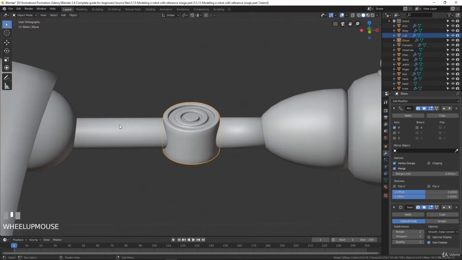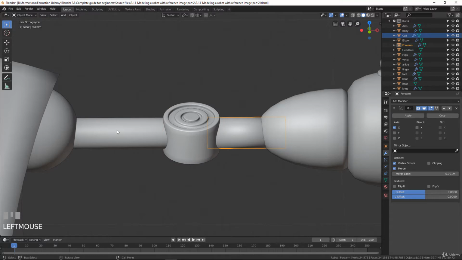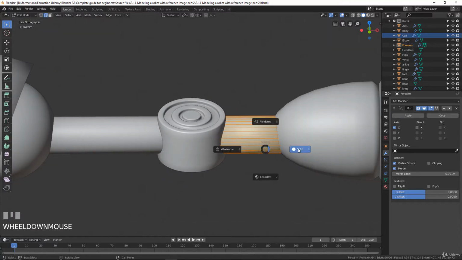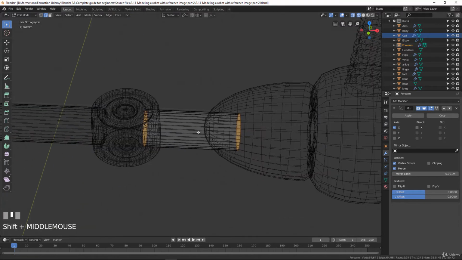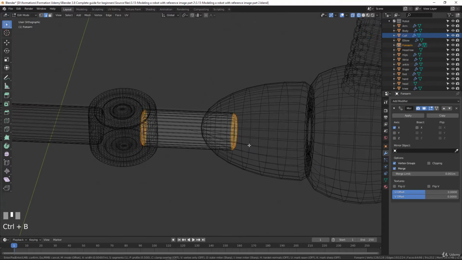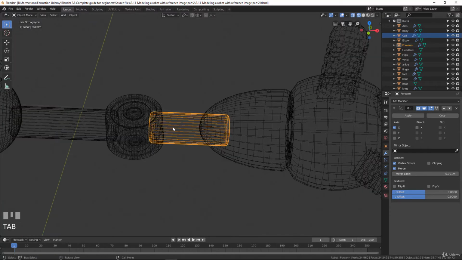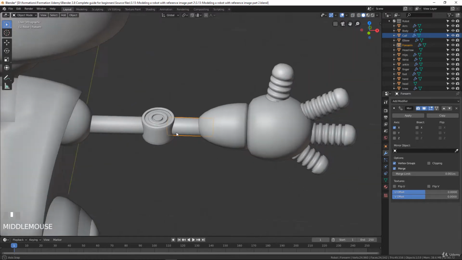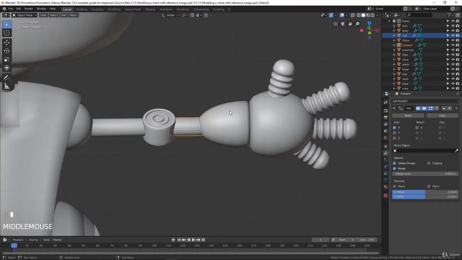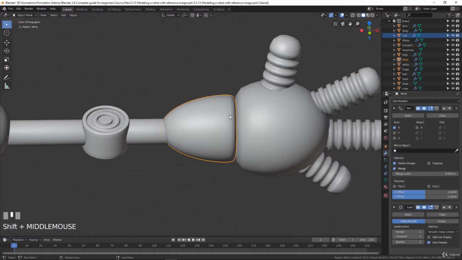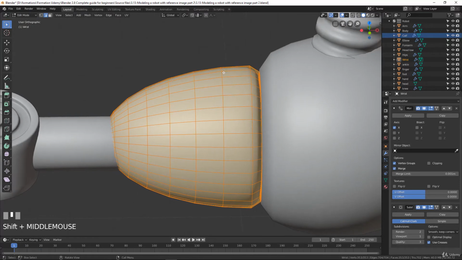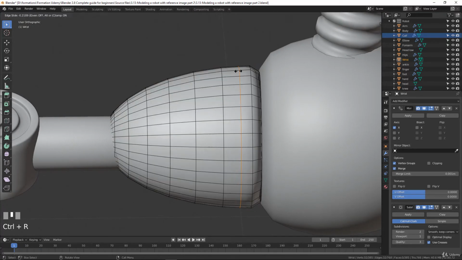We would like to make the same system of adding some geometry on the extremity, like doing Control B, just like that. It will just help to have a better visualization. You can see that now it looks better. This one we will add a modifier, subdivision surface, and we can add some nice details, like for example here, if you would like something with a sharper space here, it can be interesting to add this one for example,